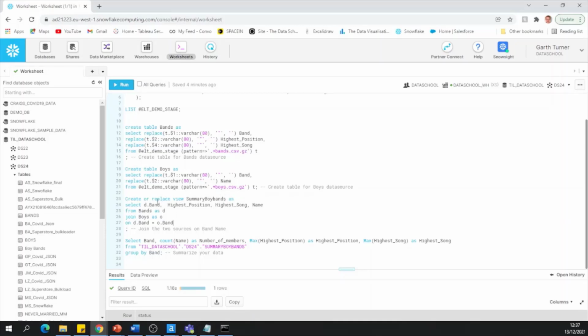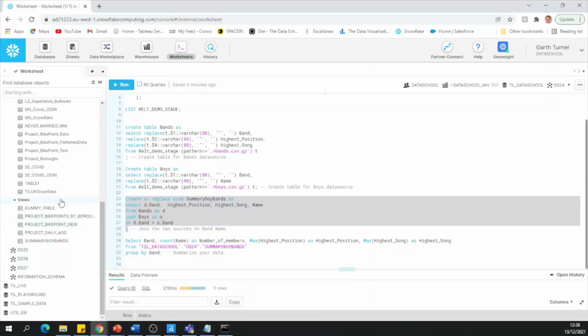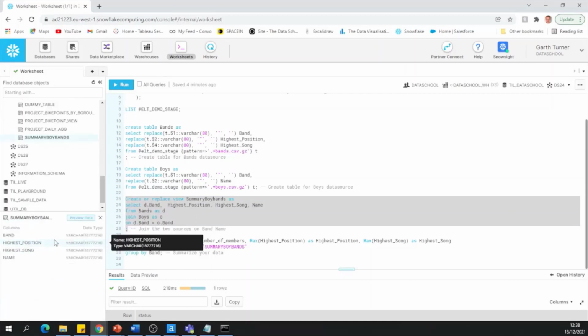So I want to get my band, I want to get my highest position, my highest song, and my name. And I'm just calling my two different tables D and O because they have a similar field band, and I want to join on D.band and O.band. So what that's doing is joining the band field from my bands table onto the band field from my boys table. So if I go ahead and run that, you'll see in my views over here,